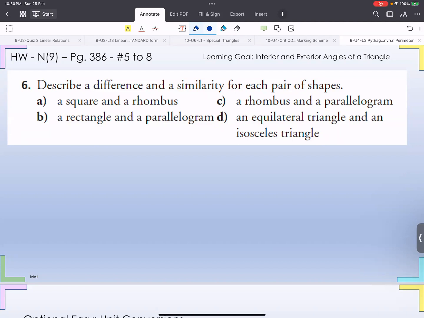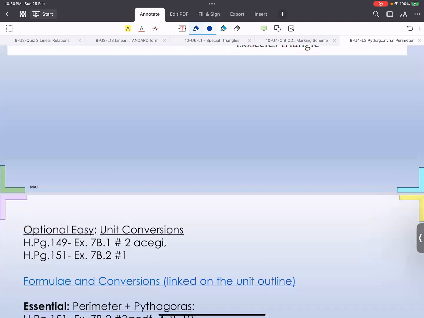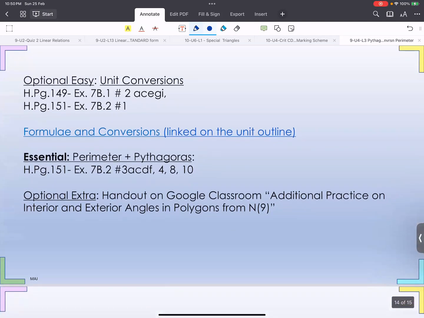With that, we conclude today's lesson. Your homework is on the unit outline. There's also formula conversion, which is linked to the unit outline. There's essential, optional, easy, and there's an extra handout. Additional practice. If you're done with all these, ask me and I'll give